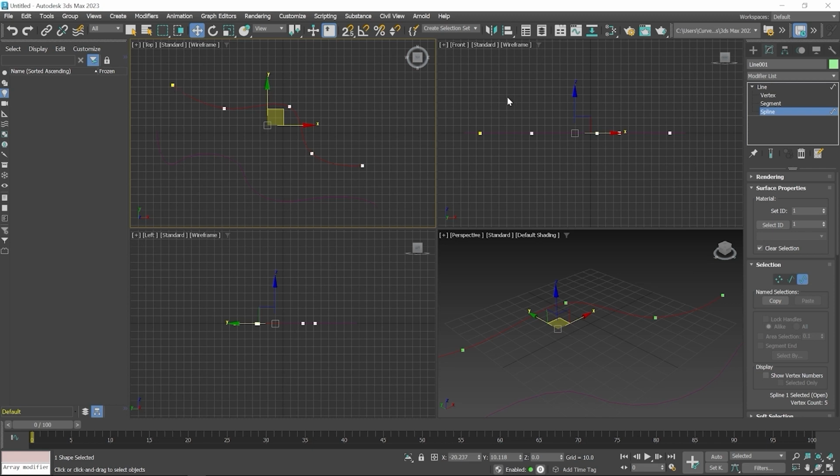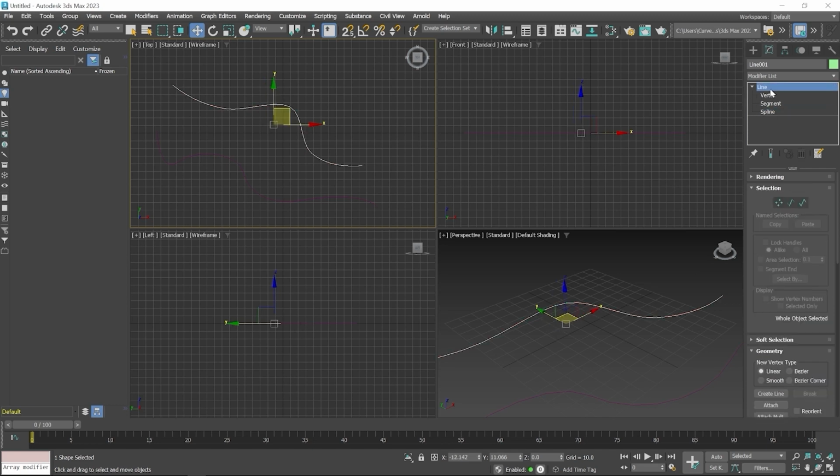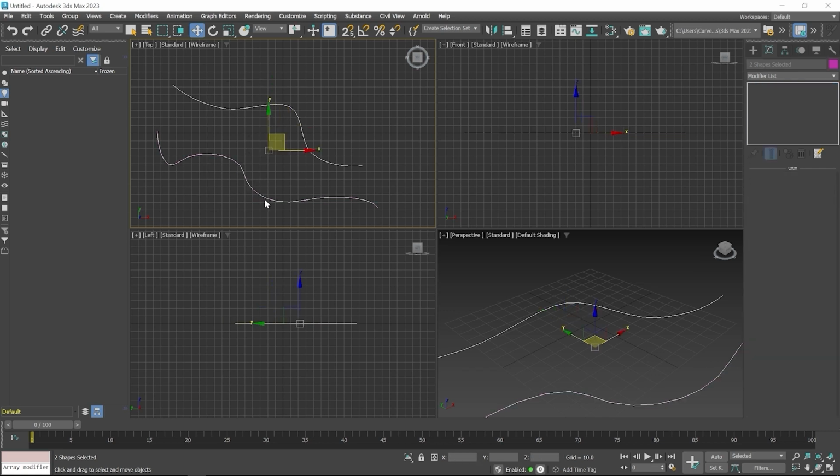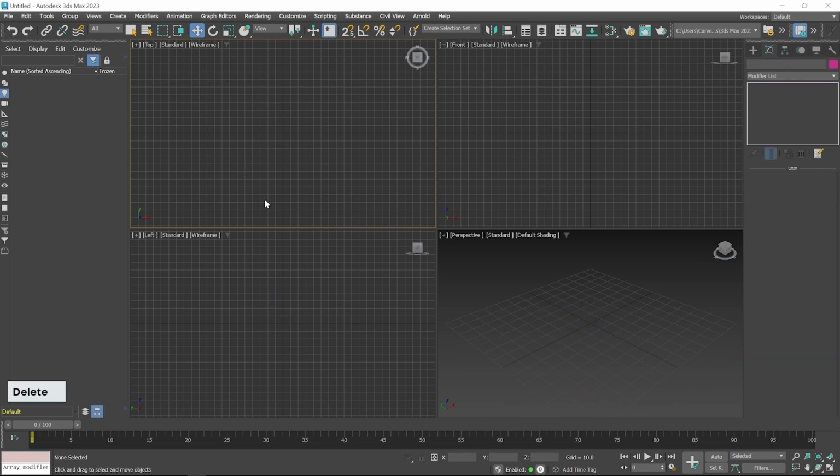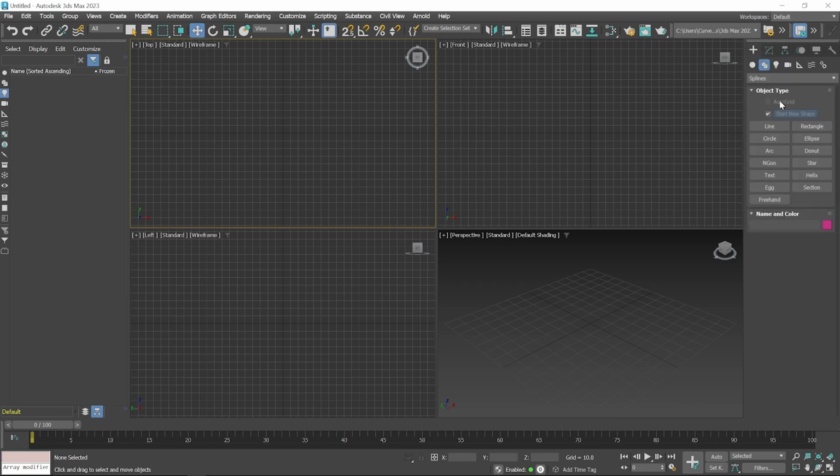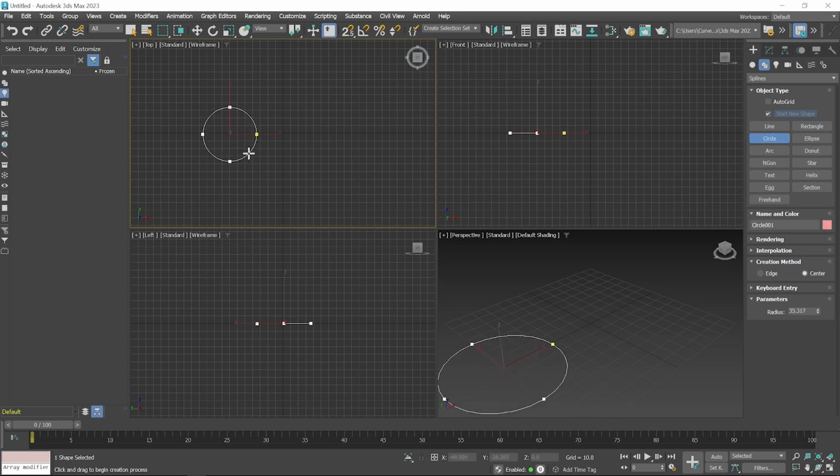Now I click on the line to exit from the editing mode and then create a window selection to select both lines and then press the delete key to delete these lines. Now I create our next shape, so I click on the create button and then click on the circle. In the creation method you can see two options available here. By default the center option is selected. So if you click and hold on a point and then drag your mouse outside, you can create a circle